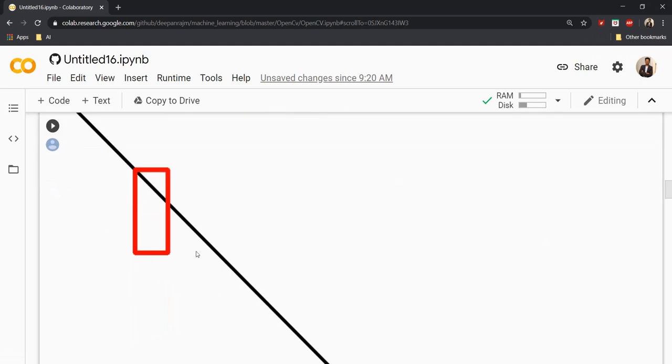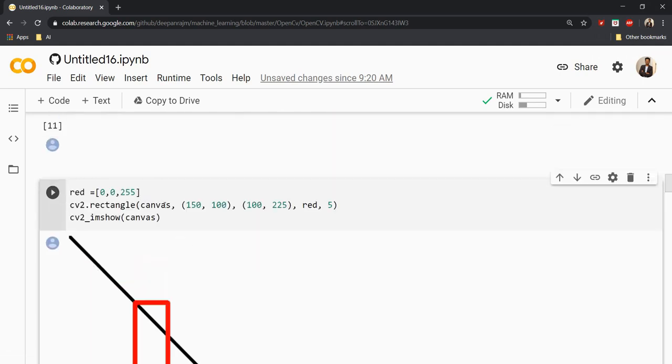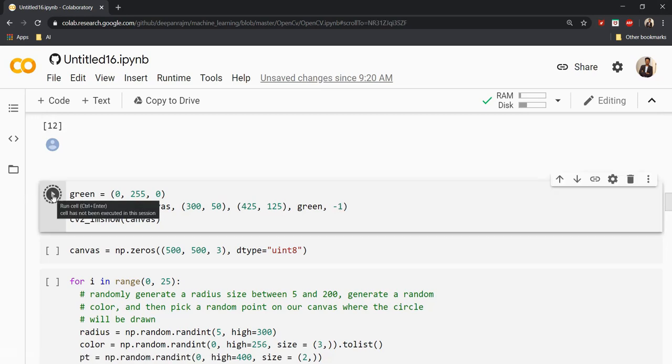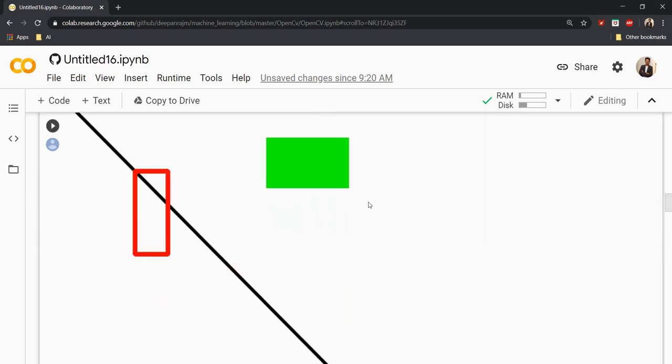You can see the rectangle has been drawn on the same image because I've just used the same canvas image for it. In the same way, I'm going to draw another rectangle, but this time I'm going to fill this rectangle with solid color. For that, I just created a new color 0, 255, 0, which is nothing but BGR. It will be green in color. So all the parameters are the same. I've given a starting point and an ending point. The color is a little different, but here you can see I've just used the value -1. This -1 will help us draw the rectangle and fill it with solid color. So now let me just run this code for a better understanding. Here you can see the rectangle is drawn, but it is filled with this solid color. Rather than going for a thickness point, I'm just filling it with this solid color.